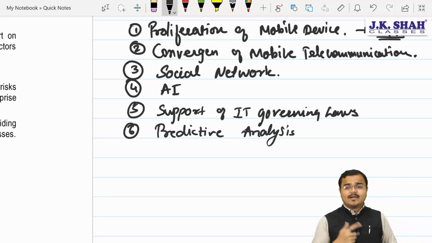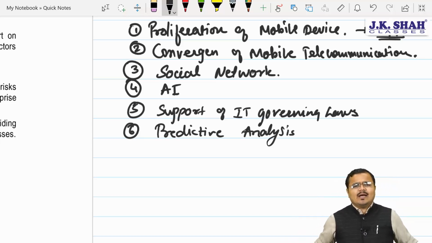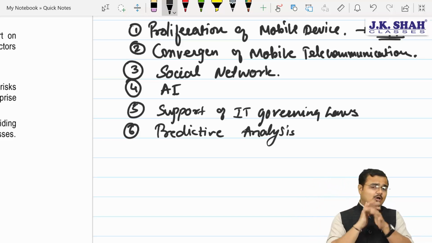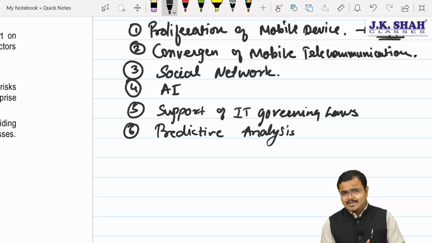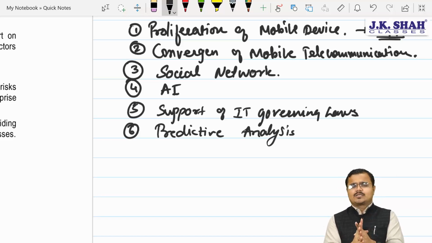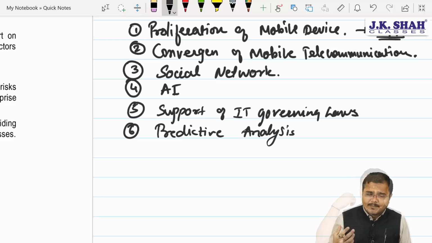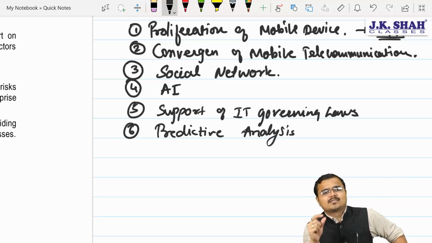Now, what do you mean by predictive analysis? Try to understand. All the companies who are providing services to you, either through a website or through a mobile app, in order to capture a good market share, are making one thing very clear. They are constantly and continuously analyzing consumer behavior. Their taste, habit, preferences, choice, likes, dislikes, and the amount of time you spend on that web page will also be taken into consideration.